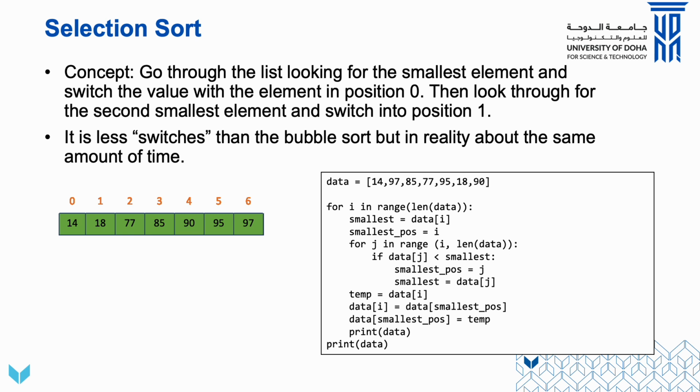All right, is it faster? In some ways, it's a little bit quicker. It definitely is less switching around. Trust me, putting together this animation was slightly better, but not by a whole lot. Okay, and it all has to do with simply which things. I was lucky and 14 happened to be in the correct place, but really it didn't do anything extra. Generally, there are fewer switches, but not always, compared to a bubble sort,